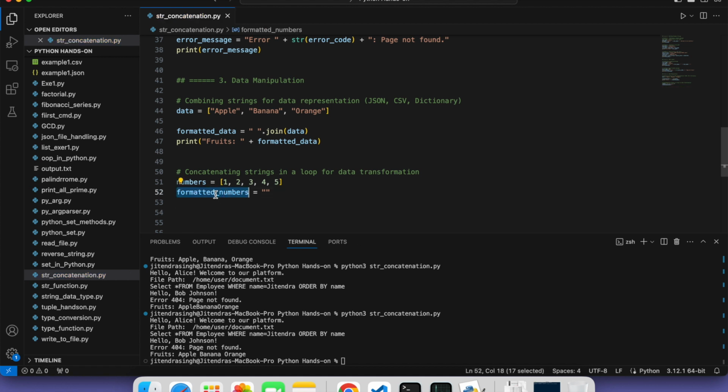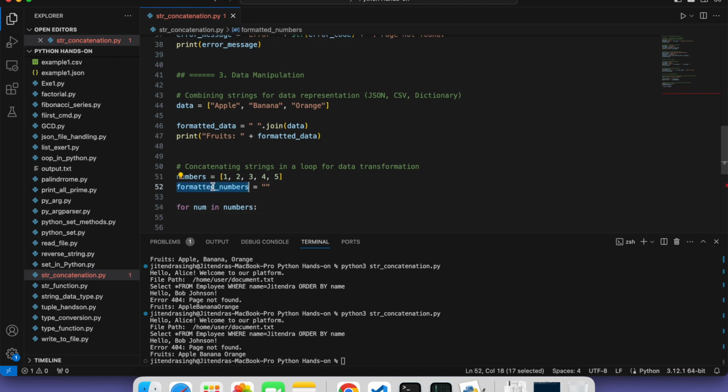So let's create a for loop, for num in, we have to iterate over the numbers. Then every time we call plus equal to,